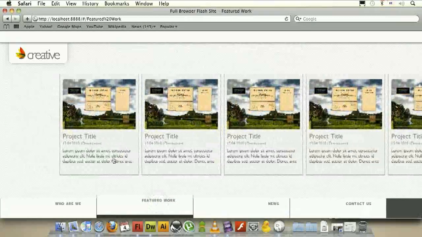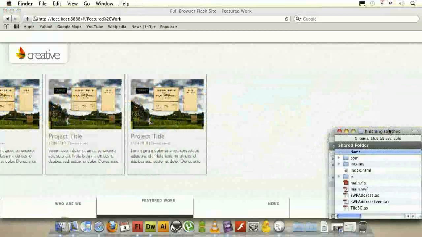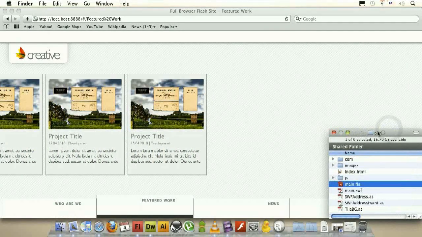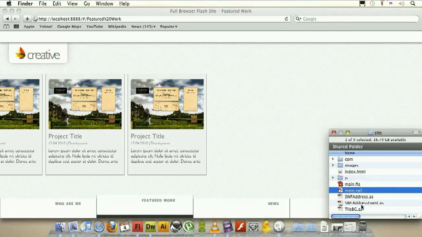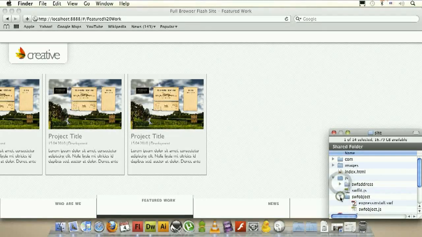Anyway, let's check out the folder structure first. This is the site over here, and the SWFAddress.as, the SWFAddressEvent.as, TileBG.as, which is the tiling class, and also of course all of the JavaScript classes right here. Okay,